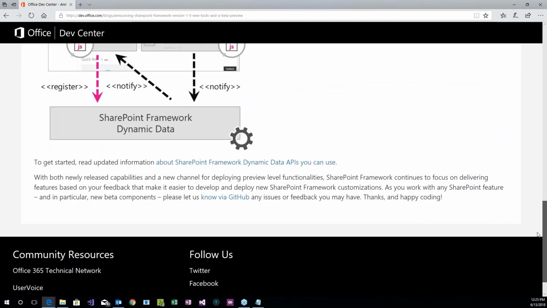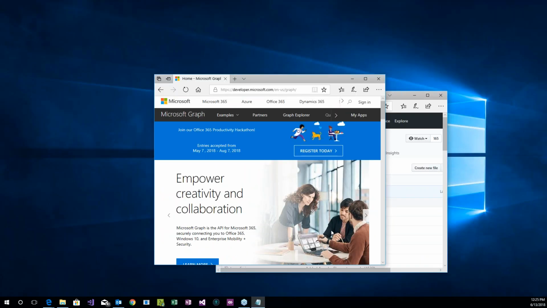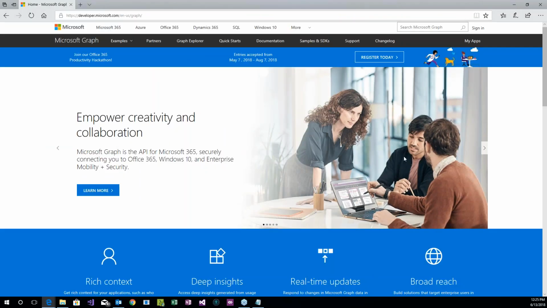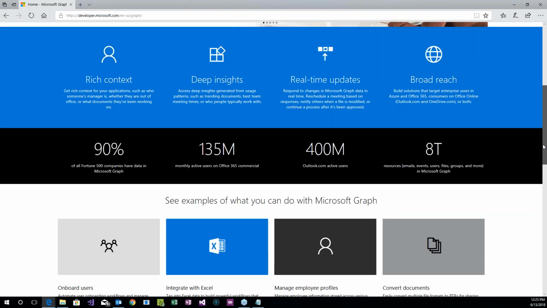So we'll take a look at some of these other ones over here, and this explains basically how some of these pieces work. Let's continue on. So let's go back to this graph thing. Here's the thing about graph. Guess what? They got a SIG now too. So go to developer.microsoft.com/en-us and go to graph. And this is your starting point. Learn more and basically be part of everything. Essentially what they're doing with the PnP, they're doing with graph.